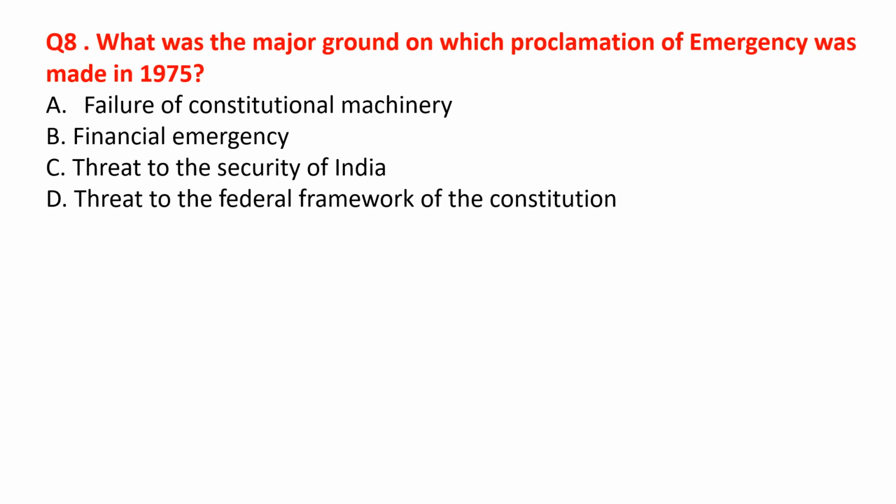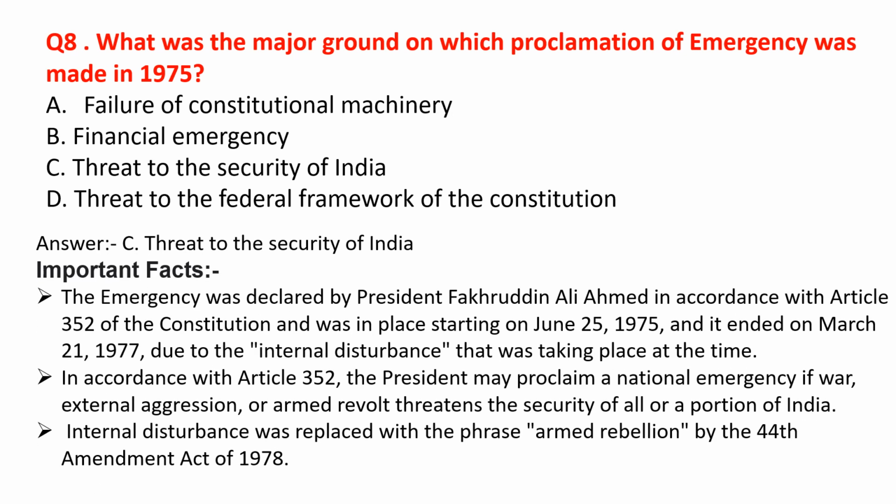What was the major ground on which proclamation of emergency was made in 1975? This was the threat to the security of India. It was the first time when the emergency was imposed on the basis of threat to the security of India or the internal disturbance. Let us know some important facts about this topic because this topic is very important from the exam perspective. The emergency was declared by President Fakhruddin Ali Ahmed in accordance with Article 352 of the Constitution